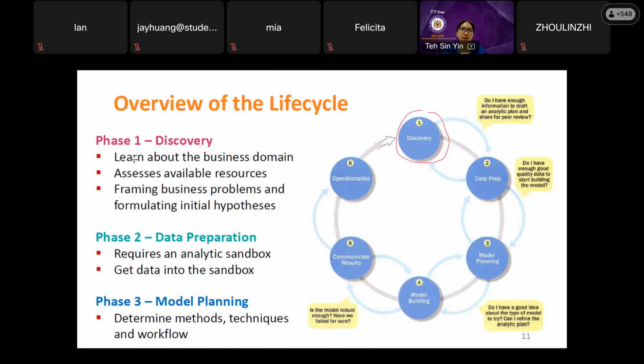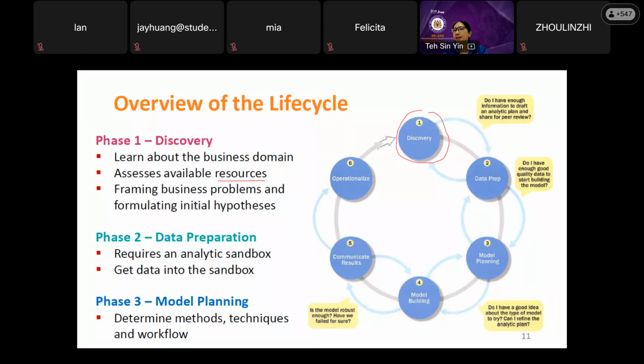In the discovery phase, you learn about the business domain knowledge, and you assess what the available resources are. Can you tell me what resources you have in an analytic project? You can type your answer in the chat box. Just give me one resource each of you.